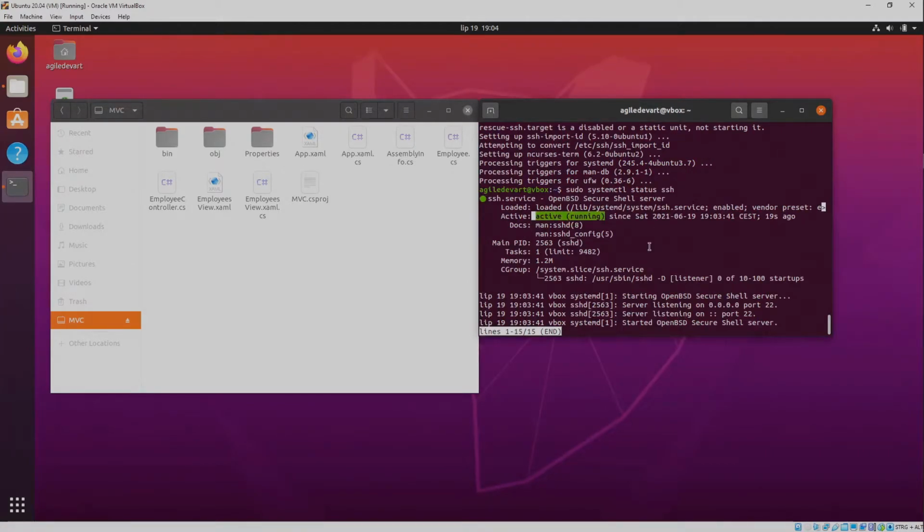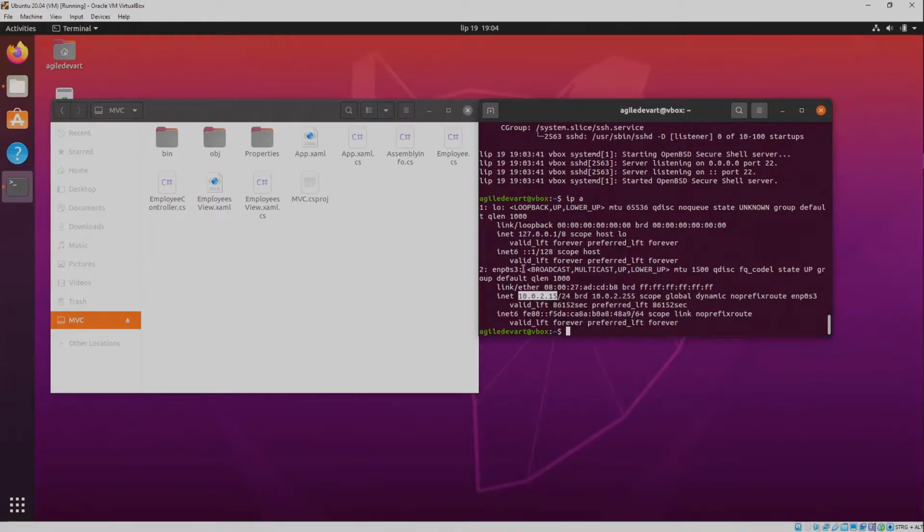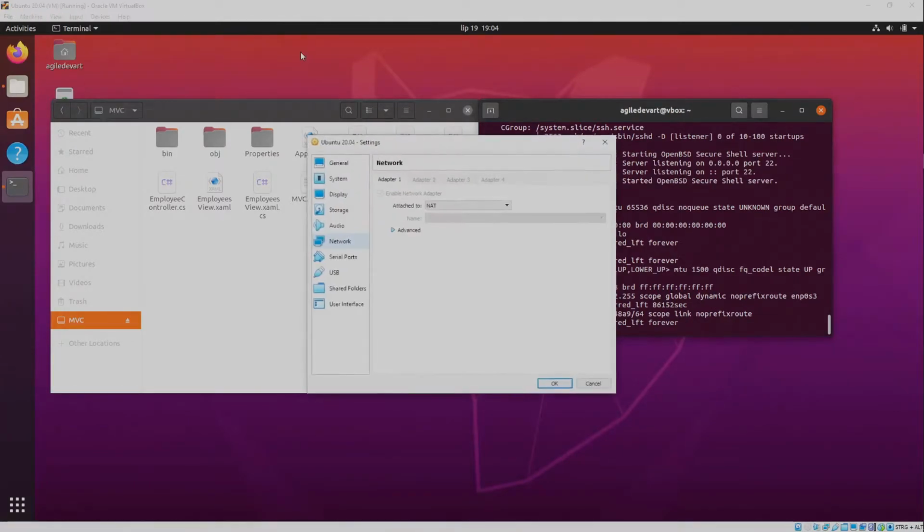This is generally enough for a remote Linux system to accept SSH requests, but VirtualBox in addition requires port forwarding in order to be accessible to the host. Get the IP address of the system, go to Devices, Network Settings. Here make sure Attached to is set as NAT and under Advanced open port forwarding.